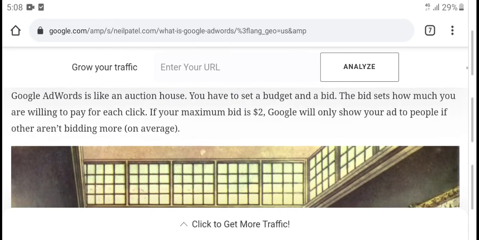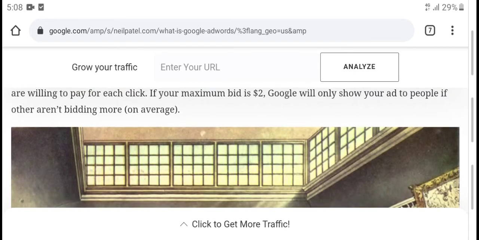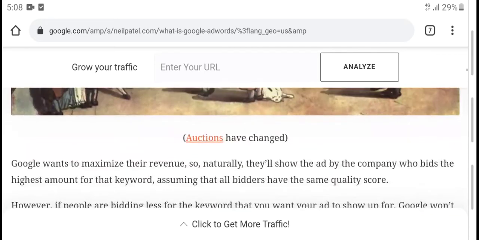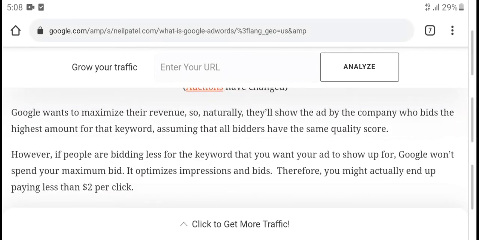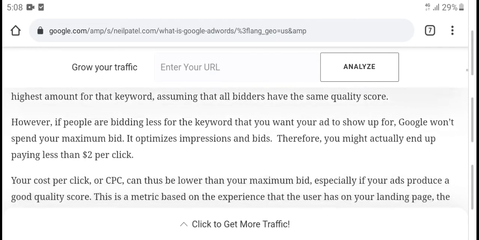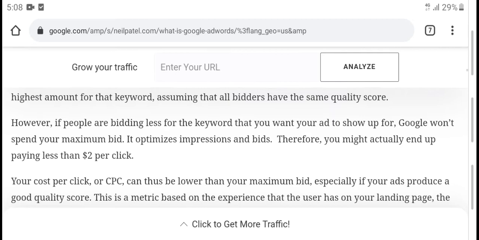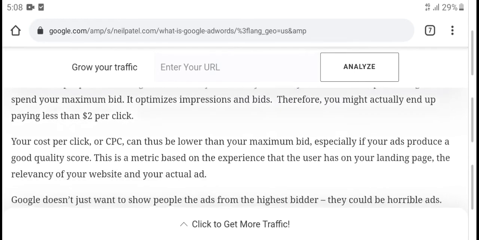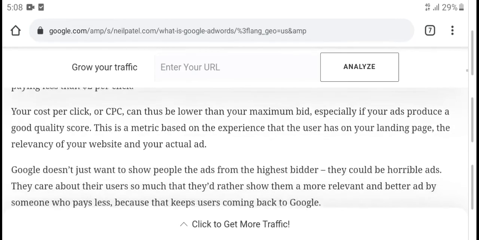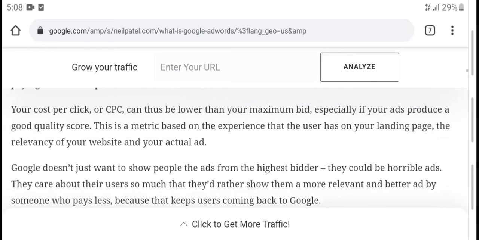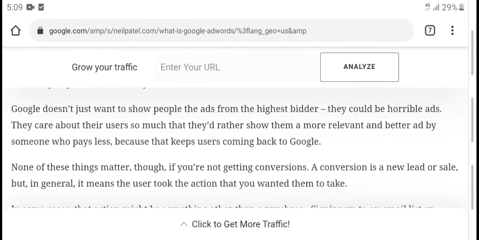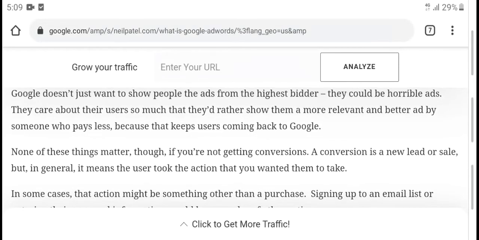bids. In bid, how much you are waiting and pay per click. Maximum bids: Google only shows ads and simply others. Google went to maximum revenues, so show and complete they did headless content. Bidding optimization impression, the big, the four your make activity up to your cost per click, CPC, lowers and maximum bid, especially your ads, professional revenues of website and trick ads. Google does in just highlights hider